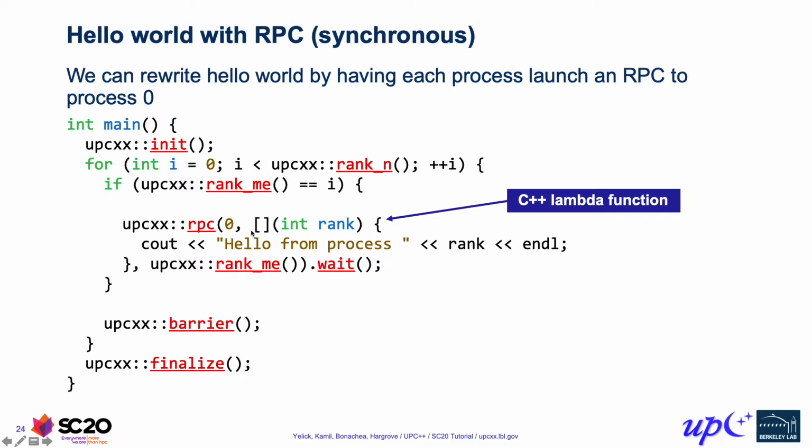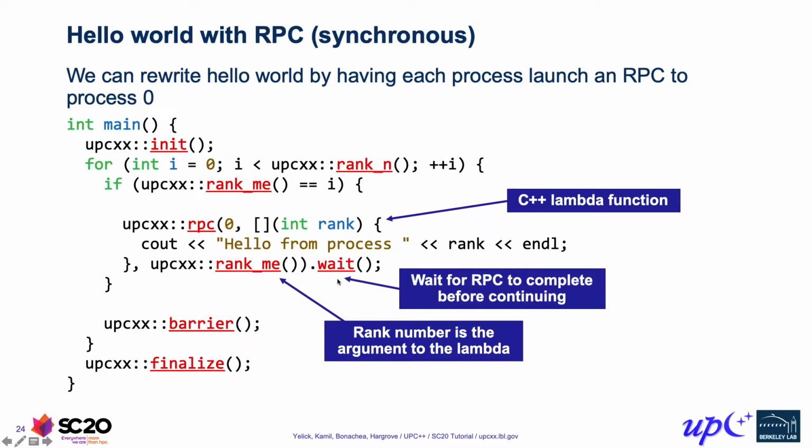And there isn't a return type here either. That gets inferred. In this case, if we take a look at the body here, it doesn't return anything, so the inferred return type is void. We have our lambda as the function we want to run on process 0. It takes an argument, so we need to supply that argument as the next argument of RPC. In this case, each processor is sending its rank number as the argument for this function.